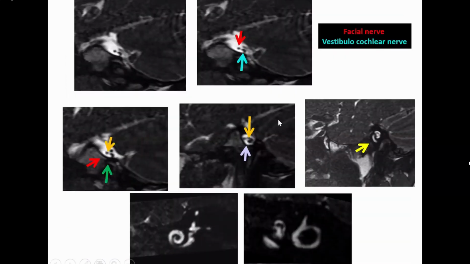So if you do a direct acquisition of the sagittal Fiesta, you can demonstrate the facial nerve, the vestibulocochlear nerve, here the facial, the cochlear, and the vestibular nerve. Then the inferior and superior vestibular nerve. You can see the cochlear turns here, and you can see the cochlea partially unwinding. So these are the reformats that you do after you acquire a sagittal. Reformats can be done, but these images are from our institute, which have been acquired by direct sagittal acquisition. It all depends on the institution, but preferably direct acquisitions will be better. Better details, better conspicuity of the abnormalities will be demonstrated, right?